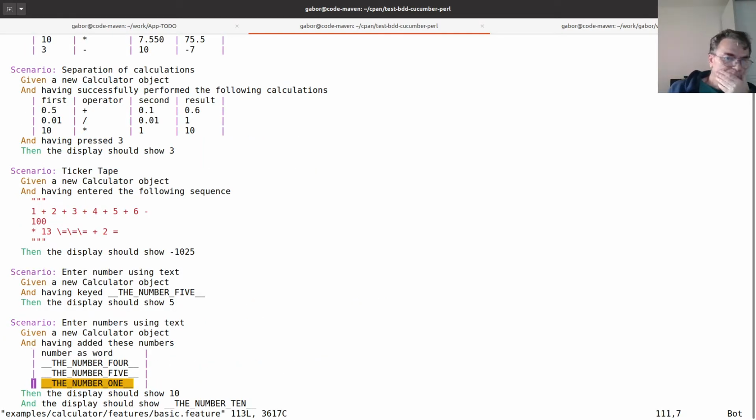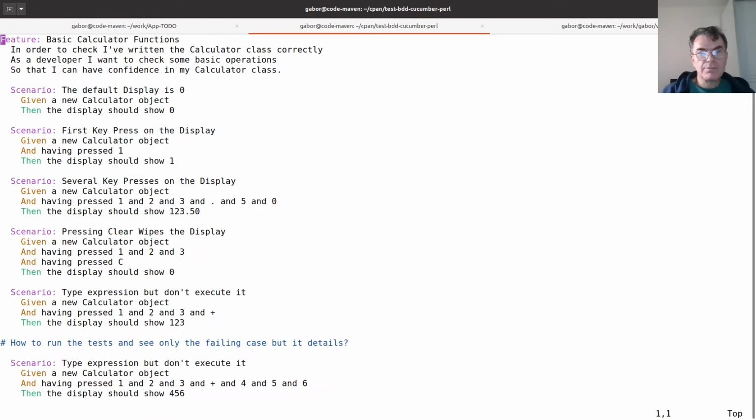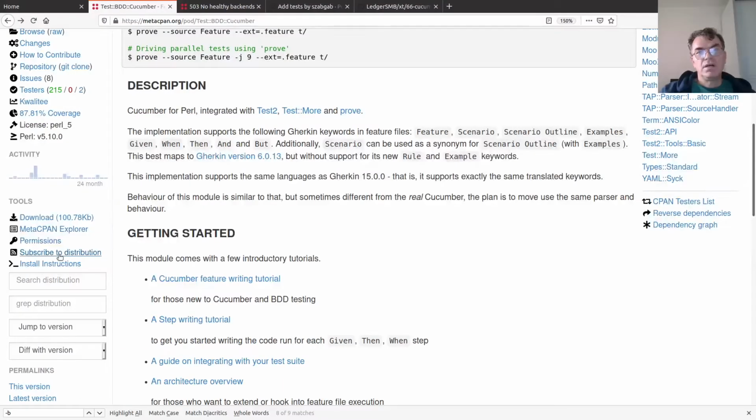Okay, so this is a little bit strange to me, but well, what can we do? So I managed to add some more tests here. We still have this question: how to run tests and see only the failing case, but in detail. Okay, that's what I wanted. So what I'm going to do now,